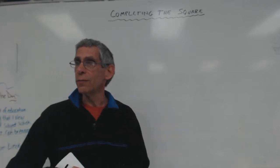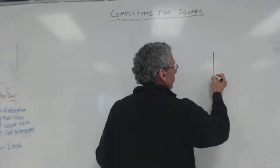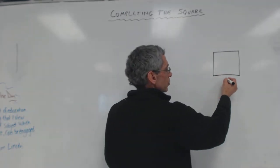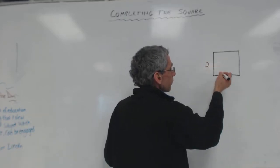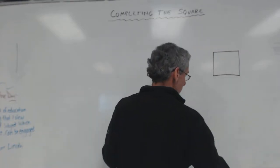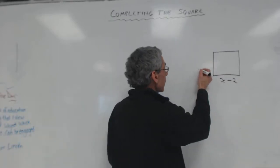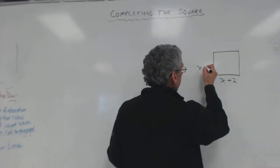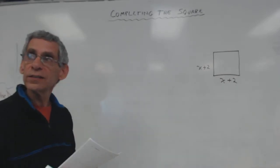So first of all, let's see what I mean by a square. I'm sure you guys know what a square is, right? If this was 2, what would this side be? 2. If this was x minus 2, what would this side be? Right, x minus 2. If this was x plus 2, then all the sides are x plus 2, right? So let's sort of see,